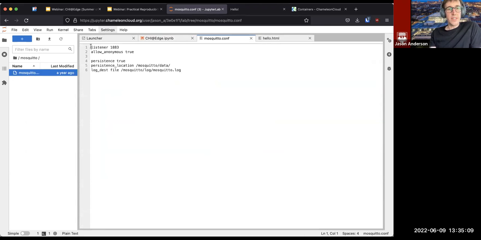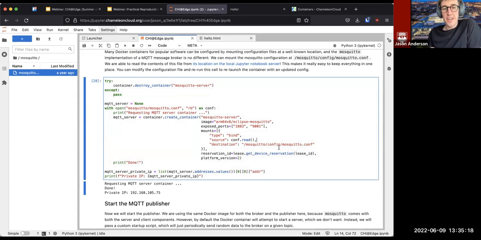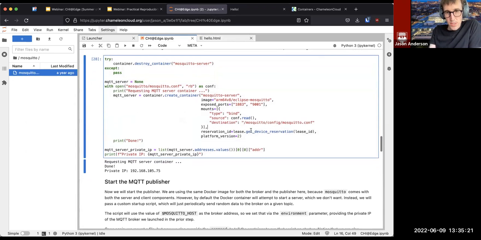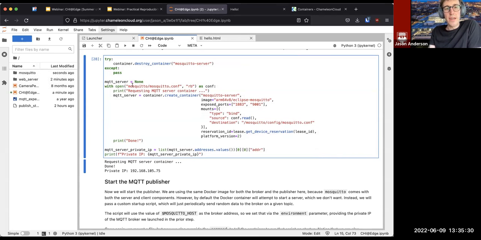It's basically saying, yeah, I'm going to listen on this port. I'm going to turn off authentication for the purposes of this demo. Of course, not recommended. The cool thing is, just like with the previous example, it's locally stored here in the Jupyter environment, and I'm opening that file from within Jupyter and then just passing it as the source on the mount. So that's pretty nice. It means I can change the configuration and relaunch the container all within